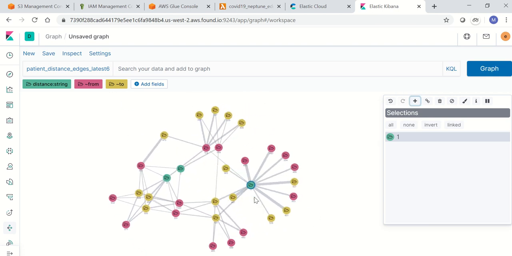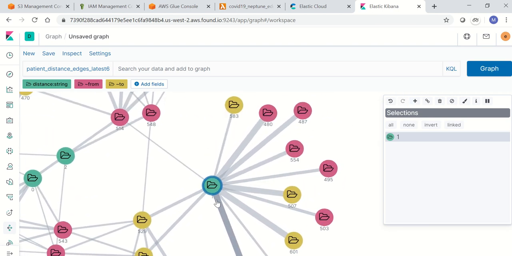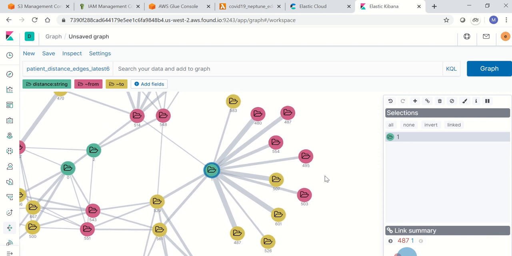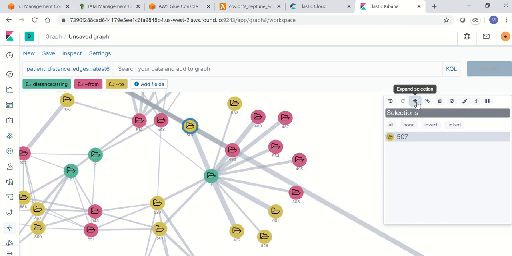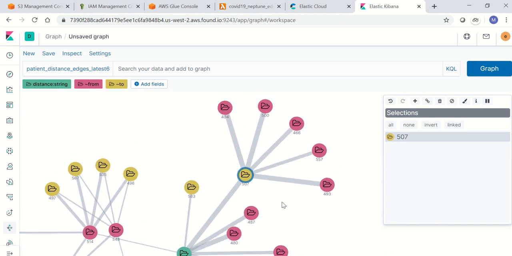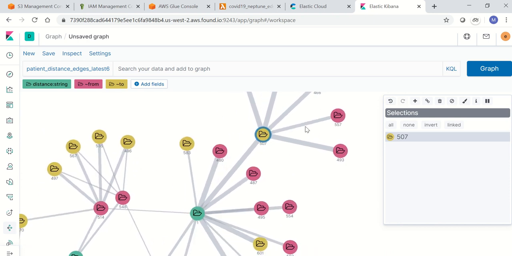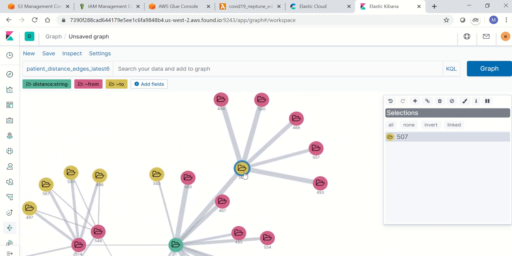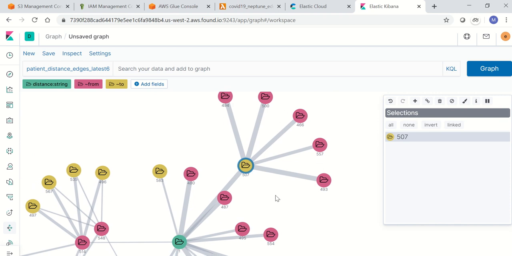See, when I click on the distance within 1 kilometer, it is expanding and adding additional nodes who are all within 1 kilometer distance. So within 1 kilometer distance for patient 507, these are the other patients who were in contact at that distance.